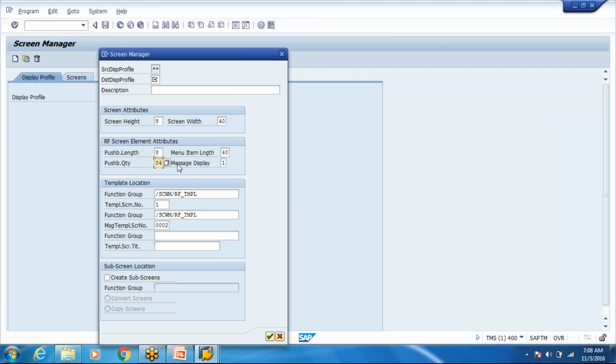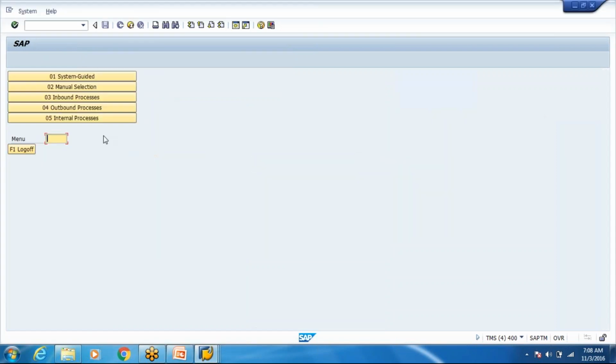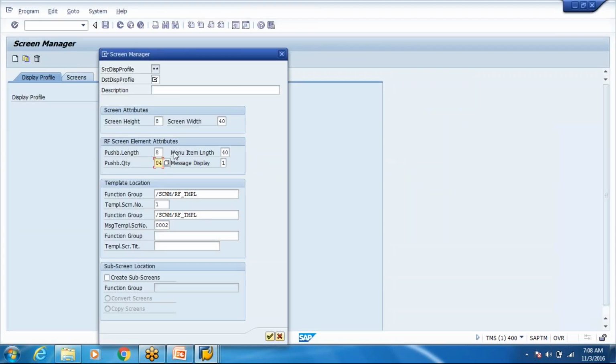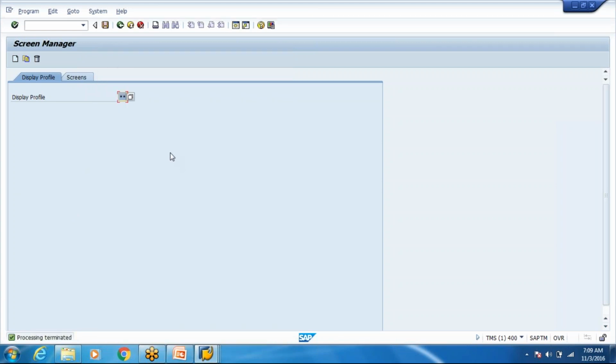The push button length is 8, which is again standard, and the maximum you can have is 4 on one screen. Then there are some more details about the screen that we see. I'm not going to copy this. So this is the main control of a display profile.